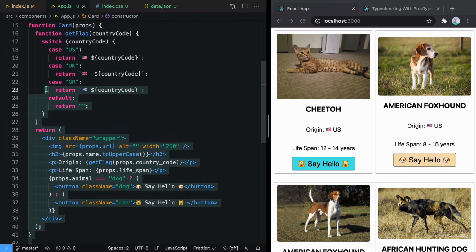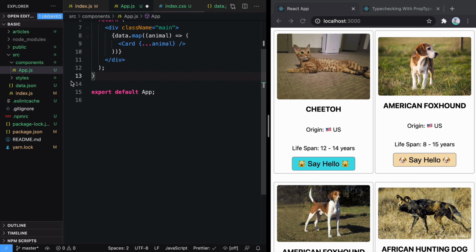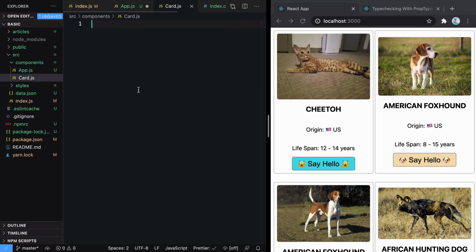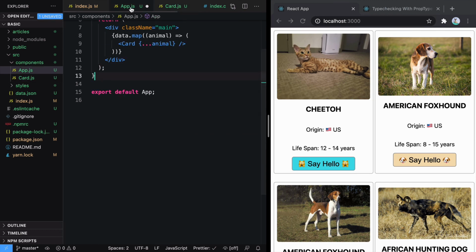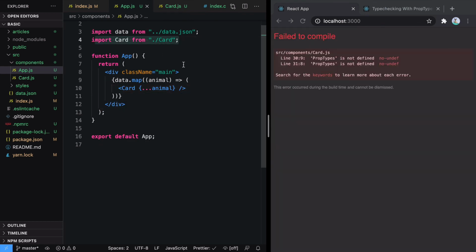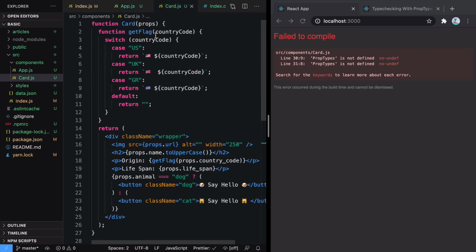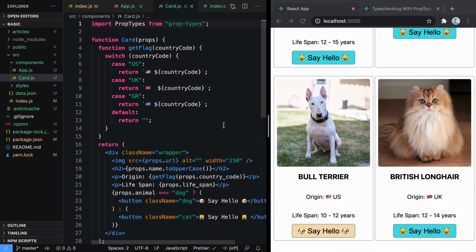Here we can see that our component is getting really big. So we can refactor it and put it inside components by saying Card.js. We'll put it here, and at last we'll say export default Card. Now in our App.js, to use Card, we will have to import it. So we will say import Card from there, and we will have to move our prop types from here to the Card component. So we'll move prop types on top and save. Now our app is working properly.